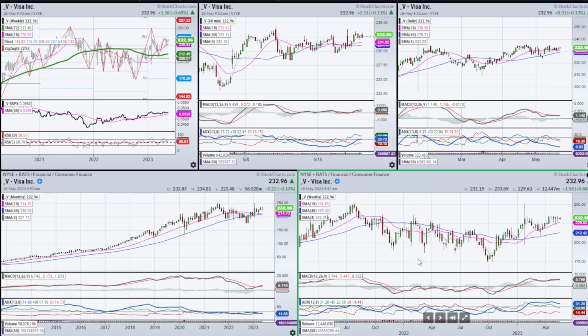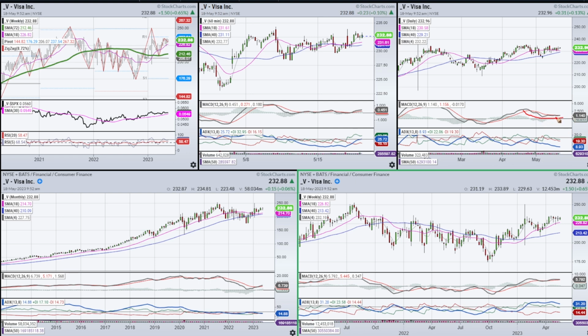Okay, let's look at Visa. Visa is an interesting situation because it's holding up pretty well. We've got a pretty good look on the monthly. We've got a pretty good look on the weekly. We're in an uptrend here. We're actually qualifying this as an uptrend on the monthly now because these lines are rising again. We're in transition here, but notice how we're not turning it into a downtrend, and we've got a very soft